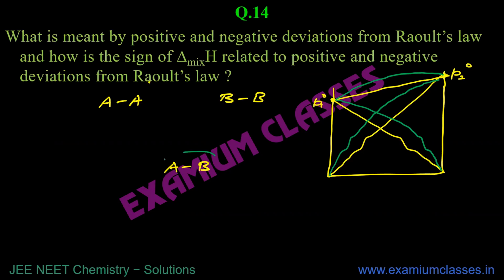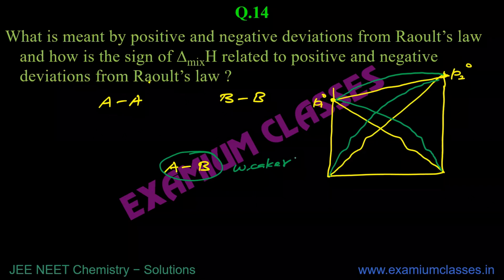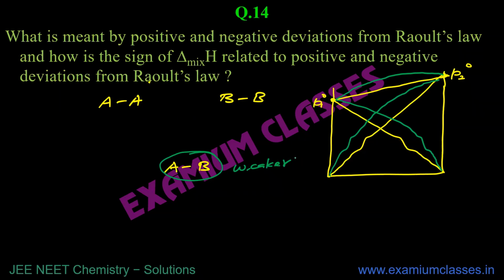Why is the vapor pressure higher? Because the interactions here are weaker. So in positive deviation, the interactions between the molecules in the resulting solution are weaker. That's what we talked about in the case of alcohol and water also. After mixing, hydrogen bonding is still there, but the interactions are weaker. If the interactions are weaker, it means A and B both can get evaporated easily. This bond can be broken easily. At the same temperature, higher evaporation will be there, and if higher evaporation is there, higher vapor pressure will be there.